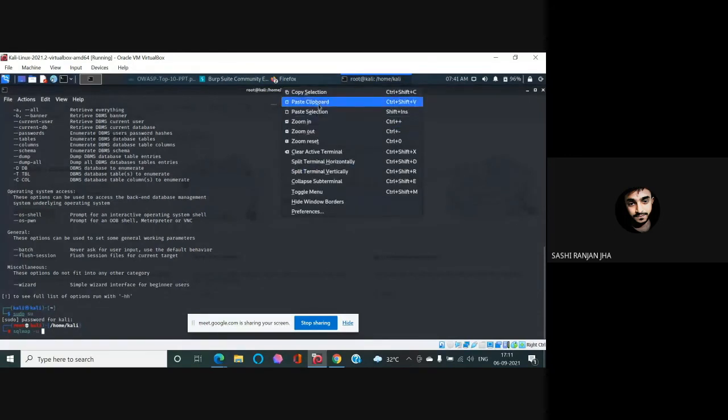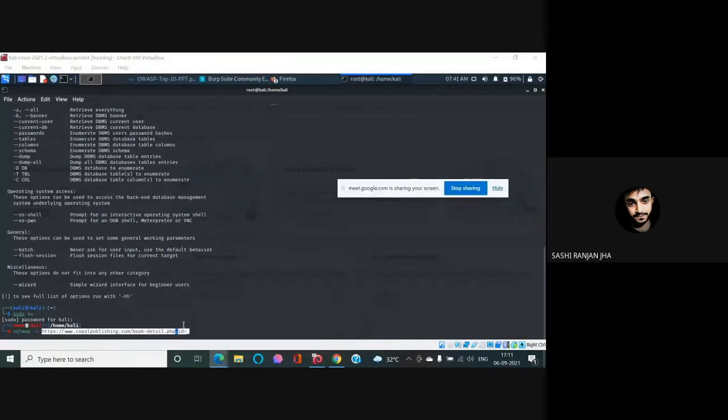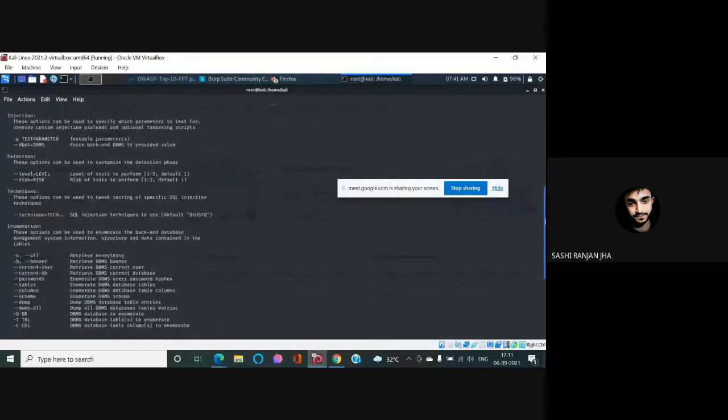So let me paste the URL. The URL should contain the ID, up to the ID and from where we are giving the commands. So just this, and then some flags. I use the random agent flag, so it will change the agent for every single request.